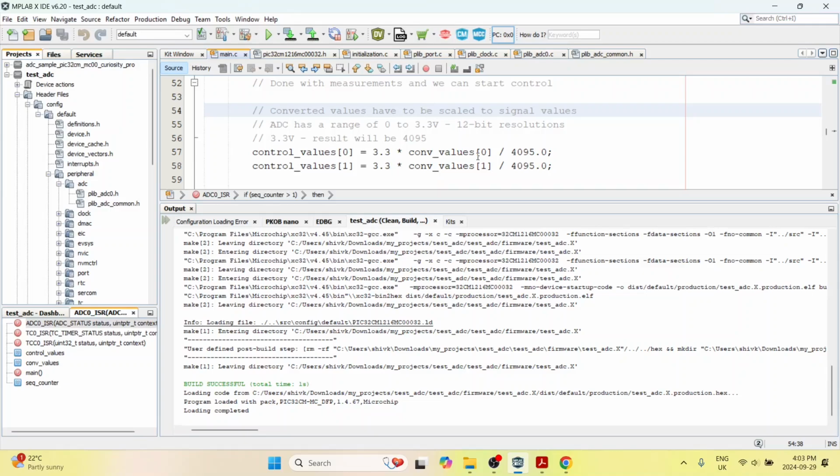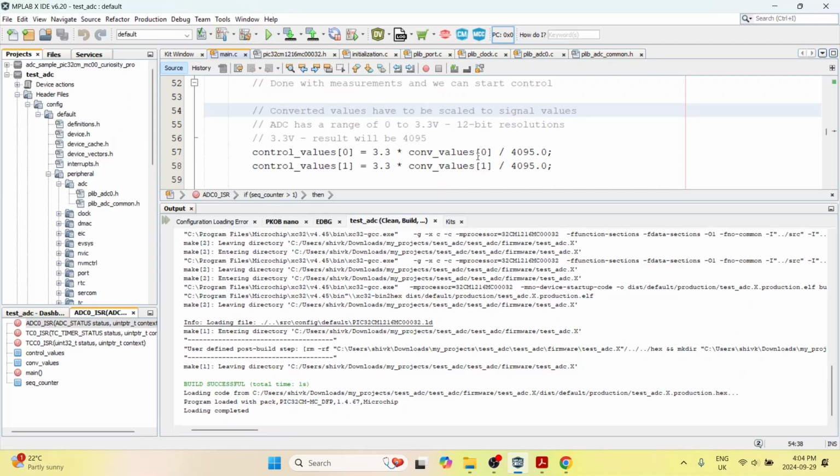So in the previous lecture we had made that change to the reference definition for the ADC. So please do not forget that change which I made, because without that your ADC will not function correctly. And that, as I said, the worst part is it will not function at all. If it doesn't function at all, you might wonder if you made a mistake somewhere. But if it functions incorrectly, then that is really the worst part. So therefore do not forget the previous lecture where I had told you where to define the reference for the